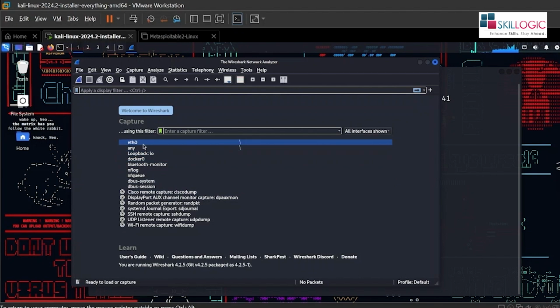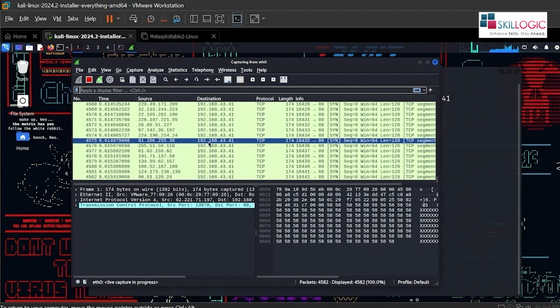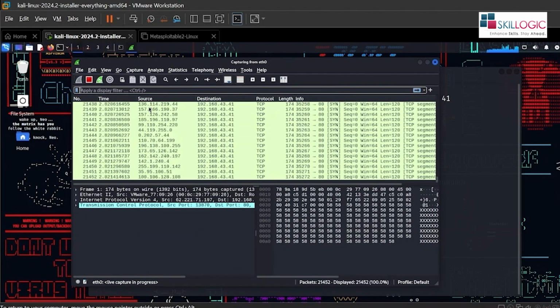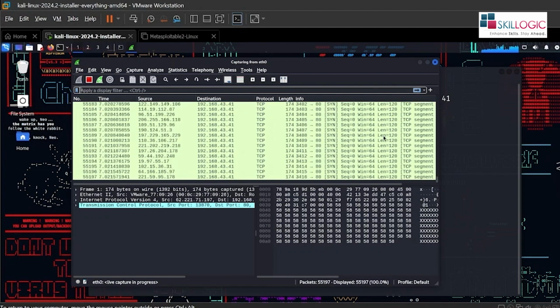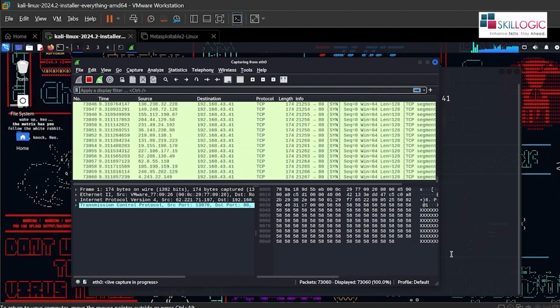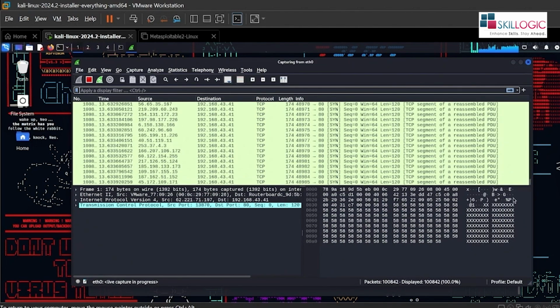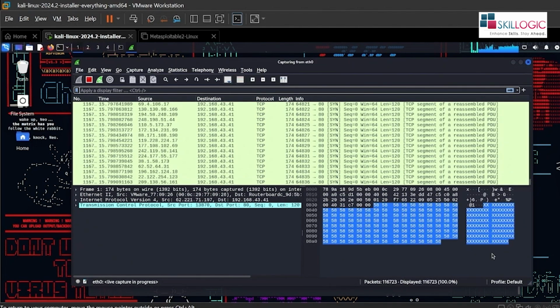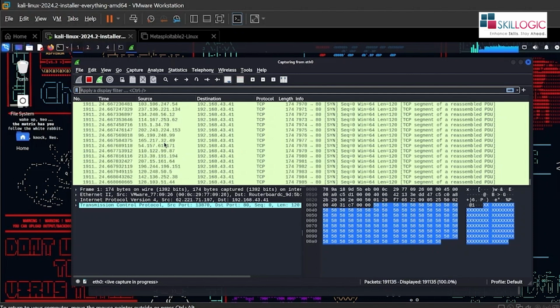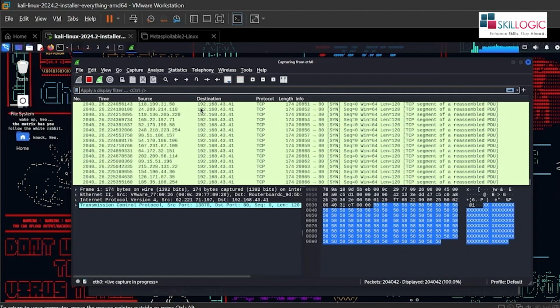Okay, you can see my ethernet is up. This is the source IP address I'm sending from, and you can see only the synchronize packets will be sent over here, right? It will be sending a number of packets until I stop it. If I don't stop this, these packets will keep on sending. It will also use some random IP addresses. As I told you, it's flooding with random source. It will be selecting some random IP address, but the destination will be the same,